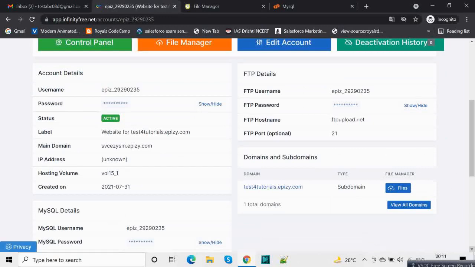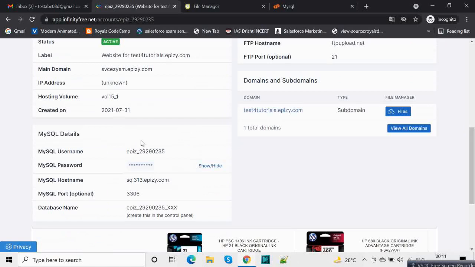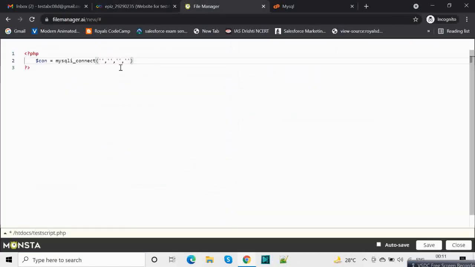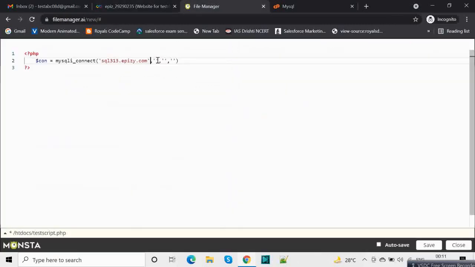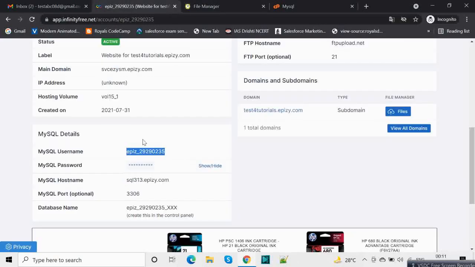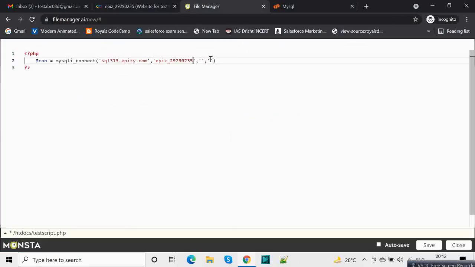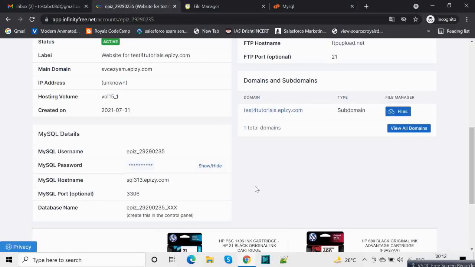So our host name. Let's reload this page. Our host name is here, the MySQL host. So we paste it here. Our username, paste it here. Our password. This is a test account, so I will close it.